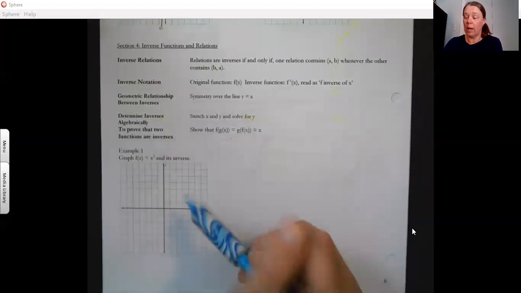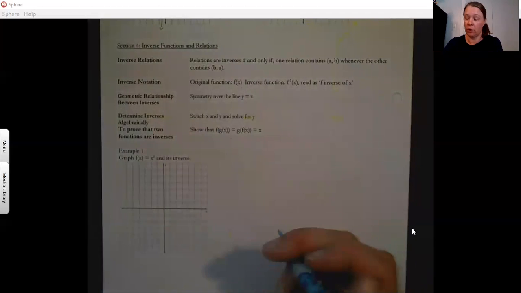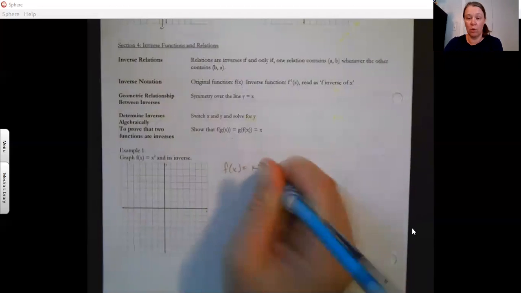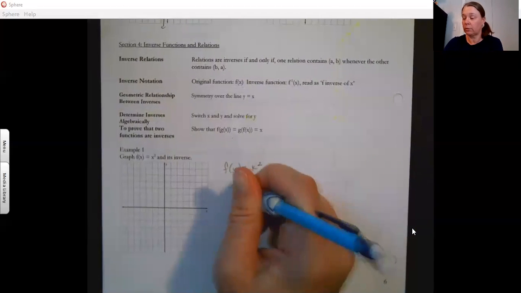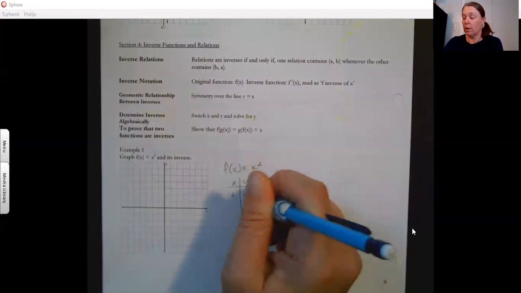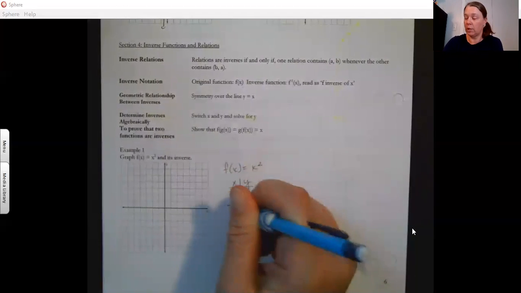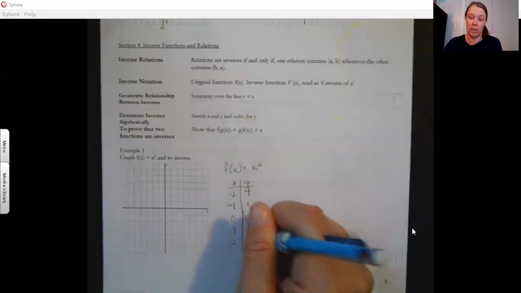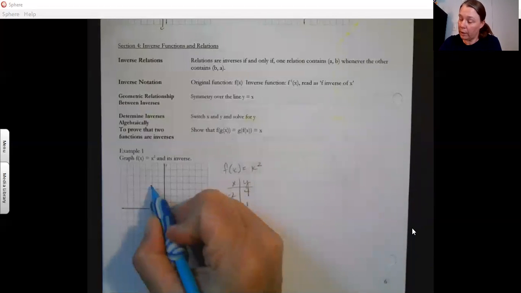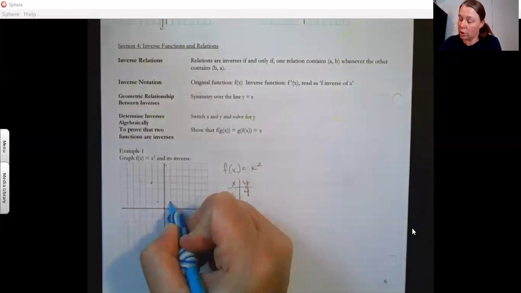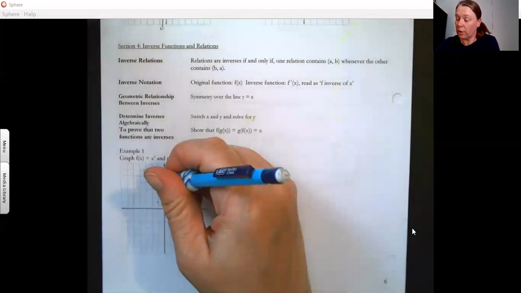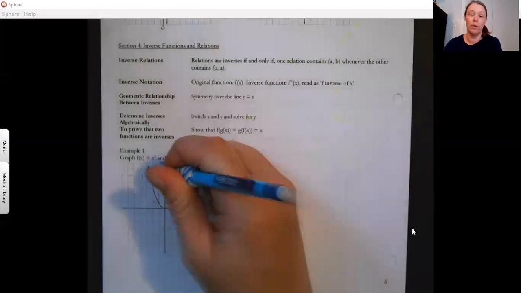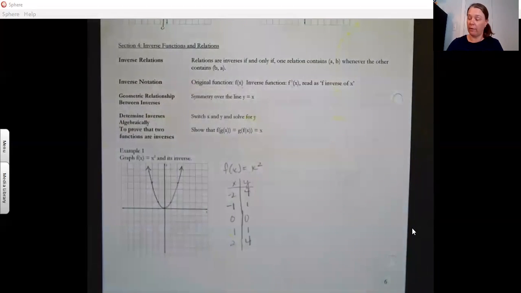All right, so example 1 asks us to graph the function and its inverse. So we know for f of x equals x squared, that's one of our parent functions, and we know what that looks like. If it helps to make a quick table, then make a quick table. You don't have to. This is one where you should know what the parent function looks like without a table, really. But let's get a graph of that. This is my original function. So the idea with inverses is that the inverse is where we interchange the x and the y coordinates of the original function. So if this is my f of x right here,